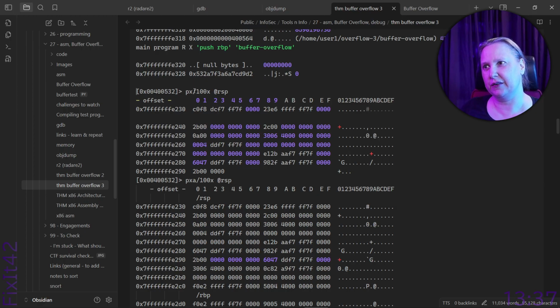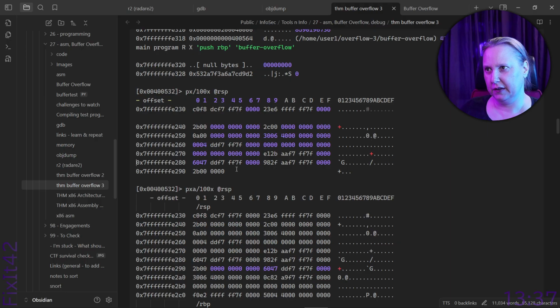So this was a test to see that the slash works and how it works. And this was with 100 hex, and hex as the output.